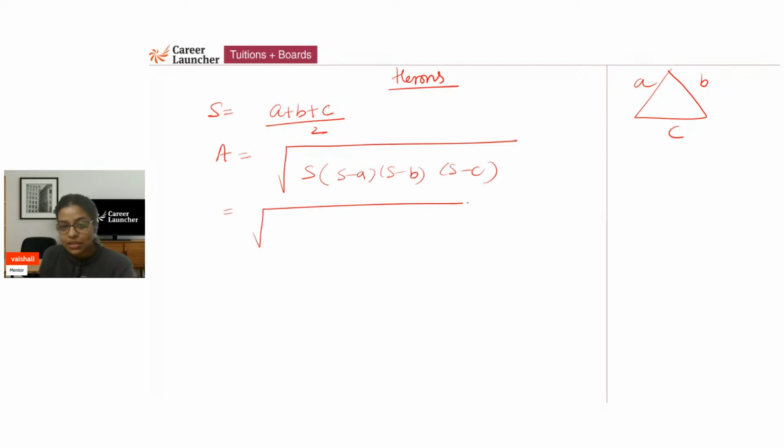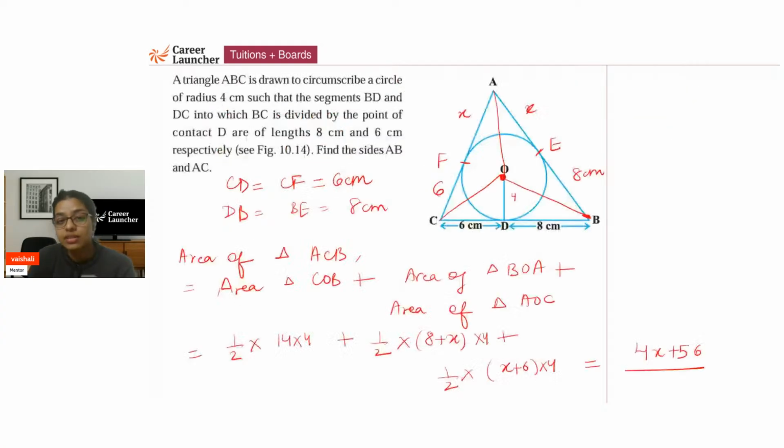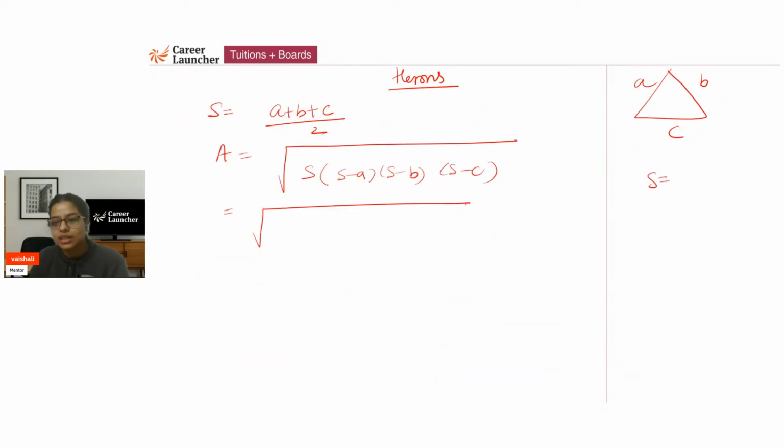अब हमें ये value substitute करनी पड़ेंगी, assuming the fact that my A is what? 6 plus x, B is 8 plus x. It's up to you, you can assume anything. Order does not matter here because eventually you are going to add. And C is 14, 8 plus 6. So I'm going to do the same thing. सबसे पहले हम S find कर लेते हैं. Add all of these. 14 plus 8 plus 6 plus how many times x? 2 divided by 2. So 14 plus 14, 28 plus 2x divided by 2,